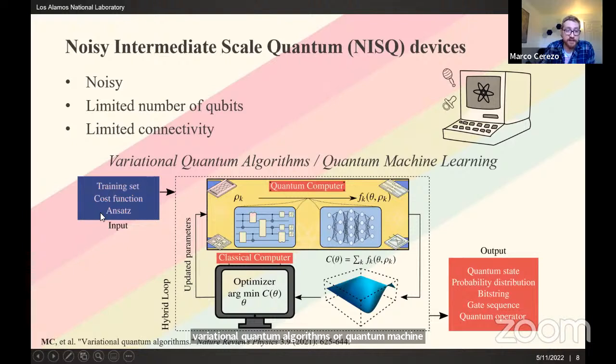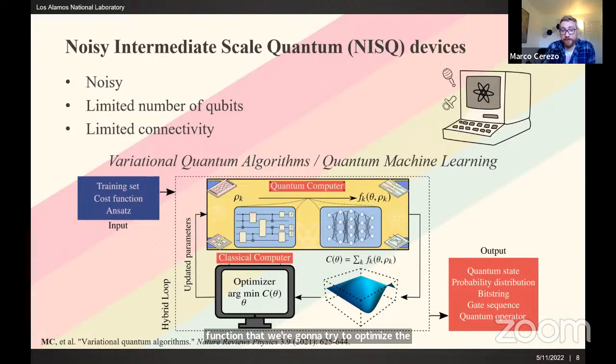And here the main idea is that you have a problem, you're going to define a cost function that you're going to be trying to minimize, you're going to have some way to process information with an ansatz, for instance, a parameterized quantum circuit or quantum neural network. And the goal is to try to use both quantum and classical computers. In the quantum computer, we're going to take quantum states, send them through a quantum circuit and do some measurements. And from those measurements, we're going to build a cost function that we're going to try to optimize. The cost function usually encodes the problem at hand.